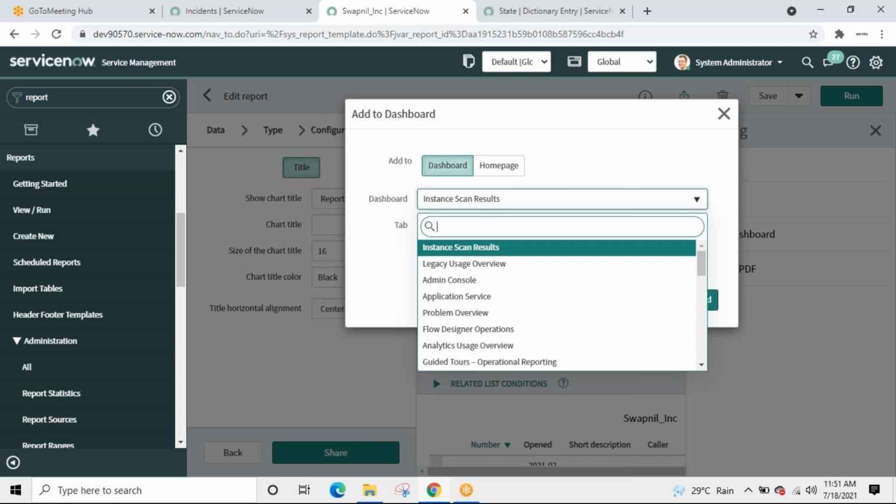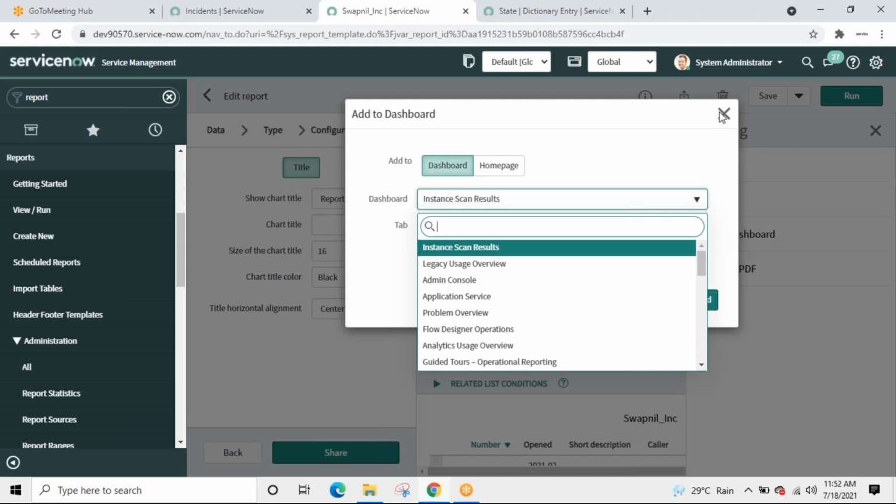Dashboard is a real-time representation of data. All the open incidents in the system, all the high priority incidents in the system. Like if I am a support desk agent, I work on the incidents daily. When I log in to the system, I should see a page that shows me the current incidents in my group, assigned to my group. A kind of pictorial representation, summary, is what the dashboard is.